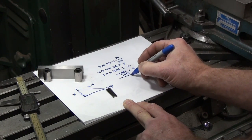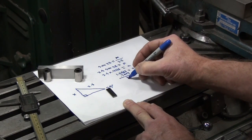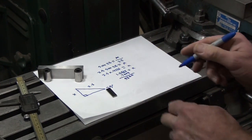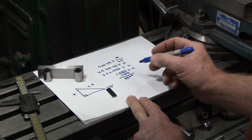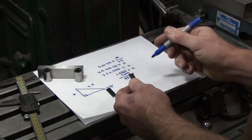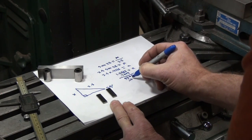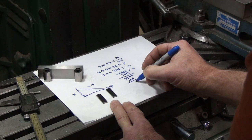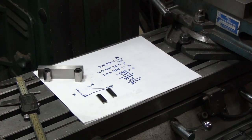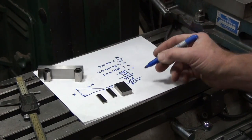0.1005 subtracted from 1.0565 gives us 0.956. Excuse my writing, I'm trying to stay out of your way. Now we've got to get rid of this 6. The next one in the set that ends in a 6,000ths is 0.106. Subtracting that gives us 0.850, and the next one in the set that matches this number is 0.850. So those three blocks equal